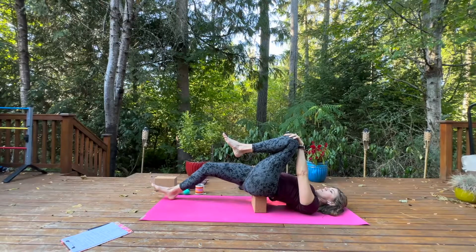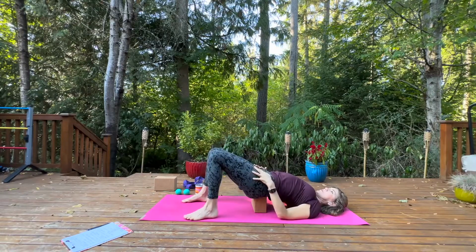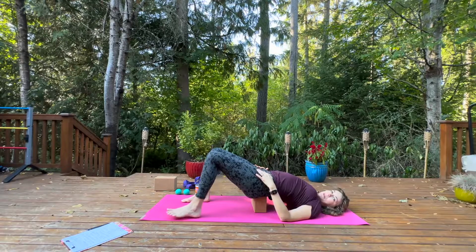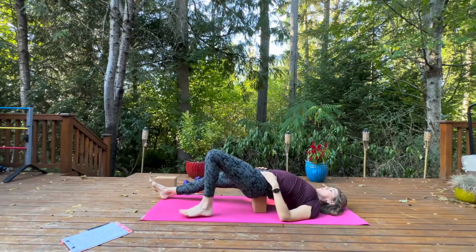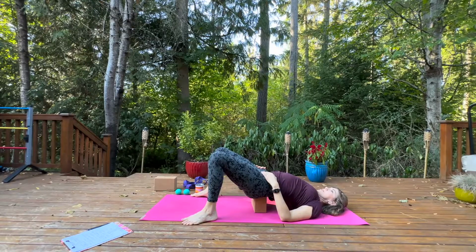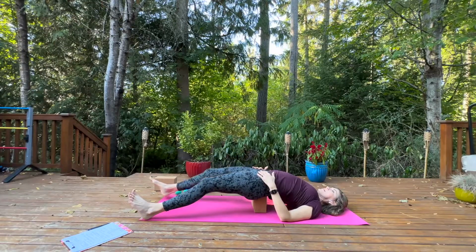And then let's come back to that starting position. So sliding the right foot in, bringing the left foot down. And then one more opportunity here for an opening of the front of the hips. So the option would be to slide both legs out now. Okay, and if that doesn't quite work for you, you can come back to this supported bridge and just walk your feet out a little bit wider. And just taking a new positioning there. Otherwise, legs extended,